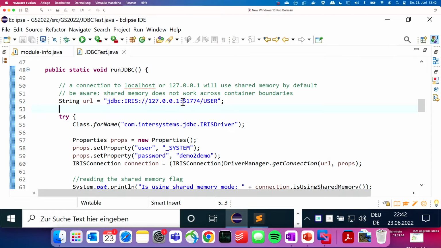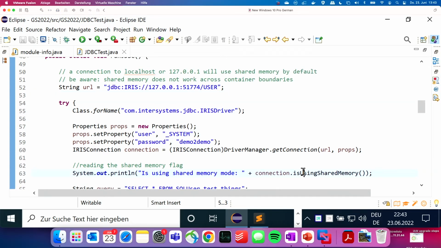That means the memory between the client and the server is being shared, which makes the transfer of the data much, much faster and reduces the latency, right? So that's something you should be aware of. There's a flag that you can check programmatically to figure out if the current connection is using shared memory. So that's a good thing to have in mind.